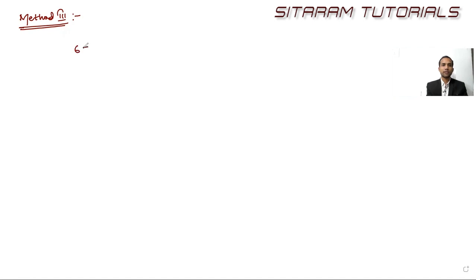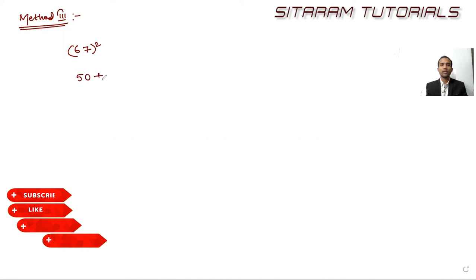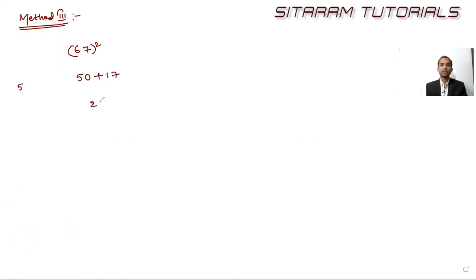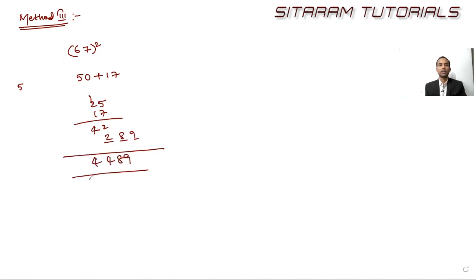Let us take 67 whole square. Simple. 67 is 17 more than 50. Take out 1 0, 5. 5 square is 25. And 5 divided by 5 will be 1. 1 is the key number. So you need to add 17 to this one. This is 12 and 42. And then 17 square we need to write in 3 blanks. 289. So 4489. That's it. If you practice this method in your mind, you will do it and directly you will write the answer.